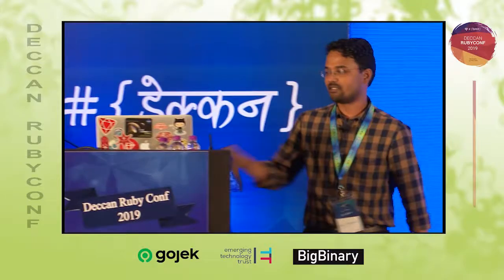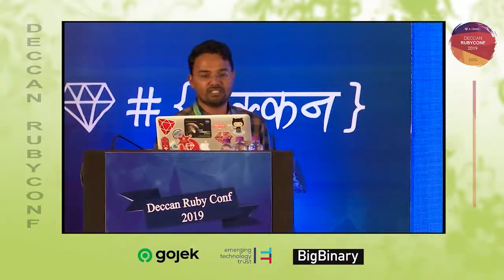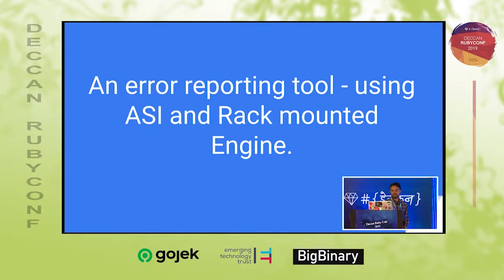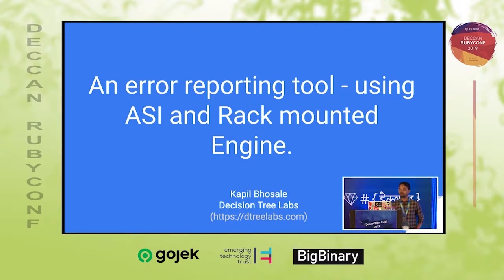So, good morning, friends. My name is Kapil. I'm a Ruby developer for approximately the last 7 years. Apart from Ruby, I also love to code in Java. Image processing is also one of my core areas of interest. Currently, I work with a company named Decision Tree Labs. Decision Tree Labs is a small group of people working in Ruby, React.js, React Native, and similar technologies. I also happen to be a co-founder of Decision Tree Labs. Please check out our site for more interesting projects we did, the clients we served, and other details.